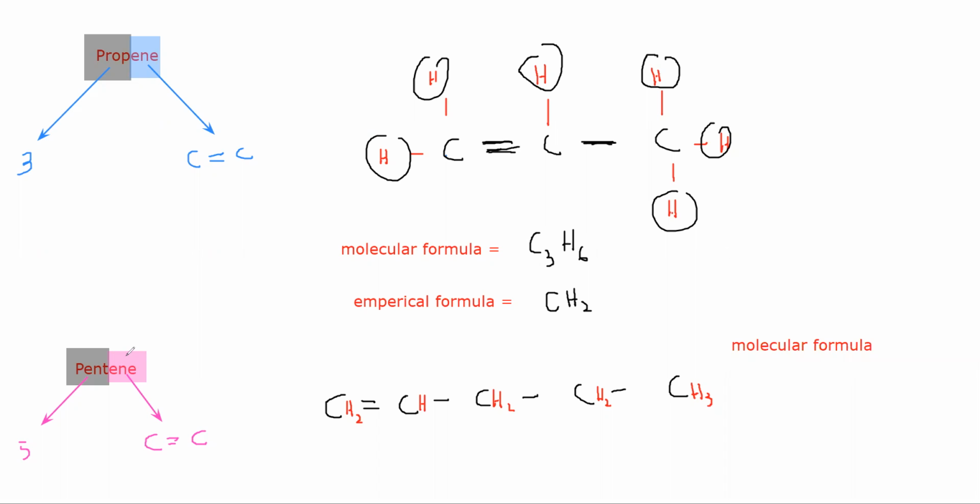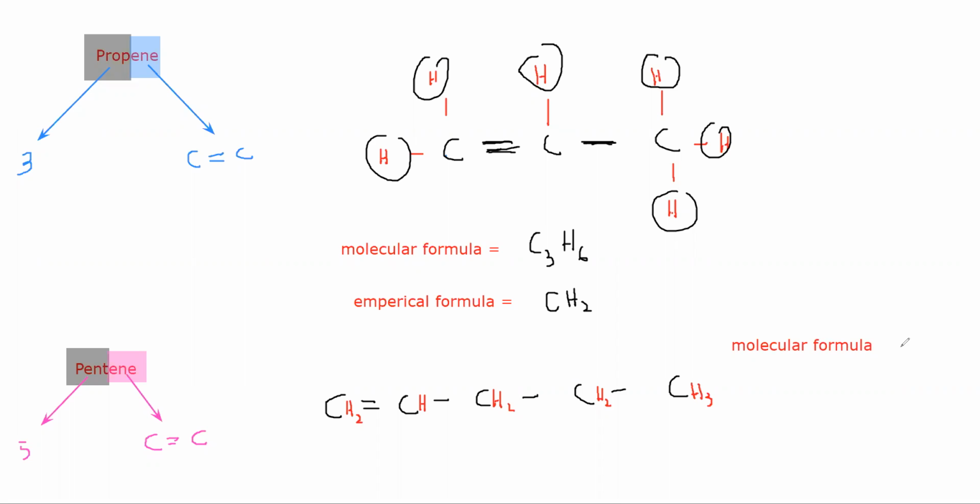No, that's the point. Whenever throughout the chain there is a double bond present between the first 2 carbon atoms, we call that class alkene. If throughout the chain we find a single bond, then we call that alkane. And if there is a triple bond present between the 2 carbon atoms, then we call that alkyne. So it's not like all of them should have a double bond. That's wrong. Only the 2 carbon atoms, if they have a double bond, then we call alkene. If they have a single bond throughout the chain, alkane, and if they have a triple bond, alkyne.